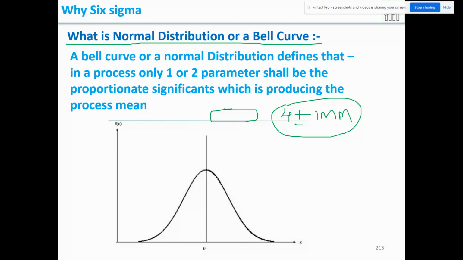What the customer is telling is, 4 mm is my target. If you produce 4 mm of a diameter, my functionality will be very good. But still he has given a tolerance, where he has done an analysis internally saying that when his diameter is 3 or 5 mm, still his functionality will be okay. You understood, no? That is why he has given this tolerance.